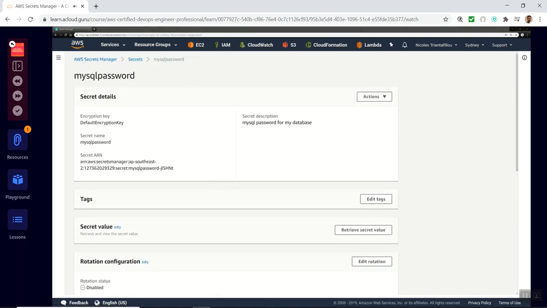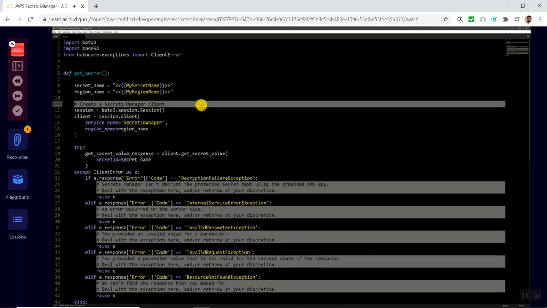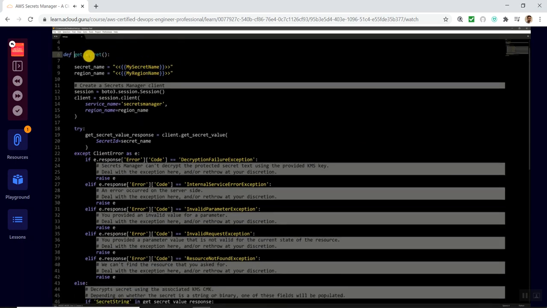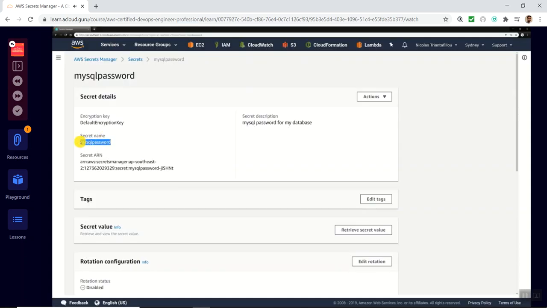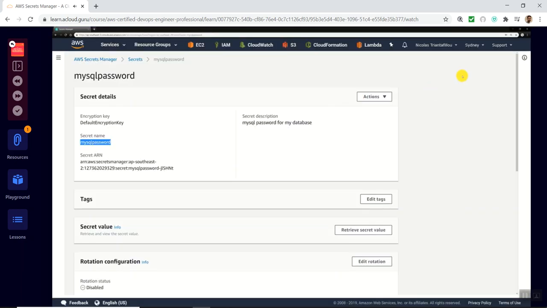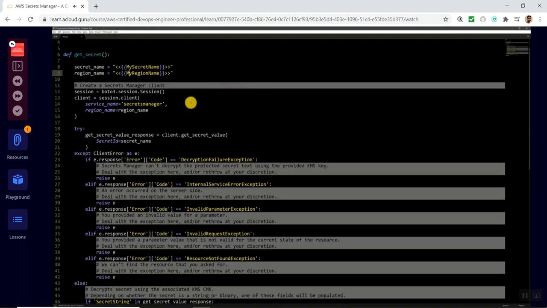Now what I'll do is I'll bring up the code just to show you how we would access this. So I'll bring in my code window here. And you'll see it uses a bit of Boto and base64. And you'll see it's got a few imports and then this defined get secret function. So your secret name will be MySQL password. My region name will be the region we're running in, which is AP Southeast 2, Sydney. And then it creates the Secrets Manager